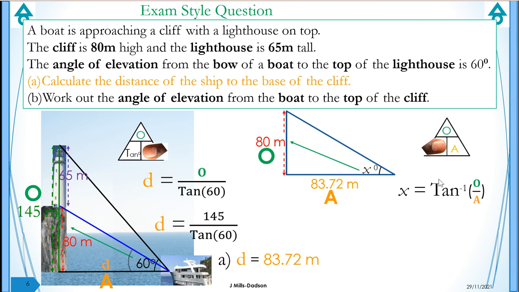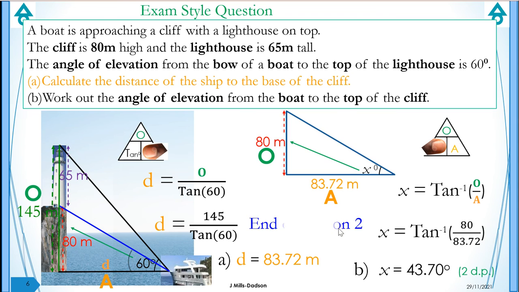And we replace O and A with the numbers 80 and 83.72. So tangent -1 of 80 over 83.72. And approximately that will be equal to 43.7 degrees. And that brings us to the end of lesson 2 on using trigonometry to work out missing angles